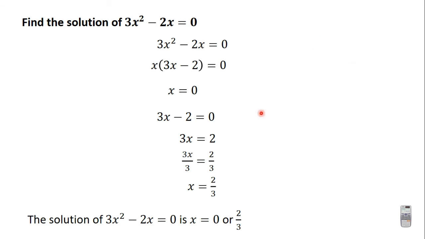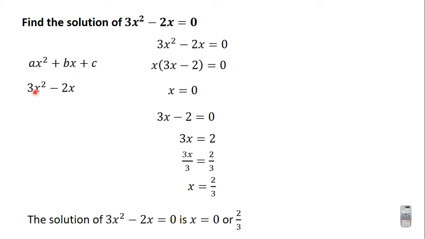As I've already said in the previous video, we can use our calculator to solve a quadratic equation. So after solving this quadratic equation, we can use the calculator to cross-check our answer. Let's try that and see. On our calculator, we will be asked for the values of a, b, and c. So let's find them before we switch on the calculator. The quadratic expression here is 3x squared minus 2x. We know that for the values of a, b, and c, we will have to compare this quadratic expression to the general form of a quadratic expression, which is ax squared plus bx plus c.